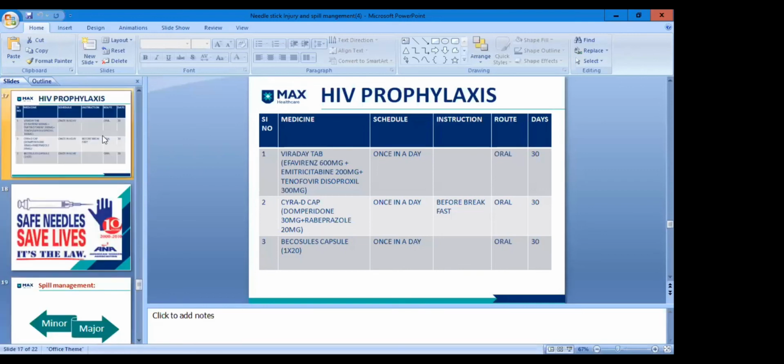In our case, we have encountered a staff member who came across a patient with HIV through a needle stick injury, and even the viral load was high in that case. So we gave HIV prophylaxis, and believe it or not, it was more difficult for that female to swallow those pills than not taking them. But we went ahead and gave that post-exposure prophylaxis to our staff.